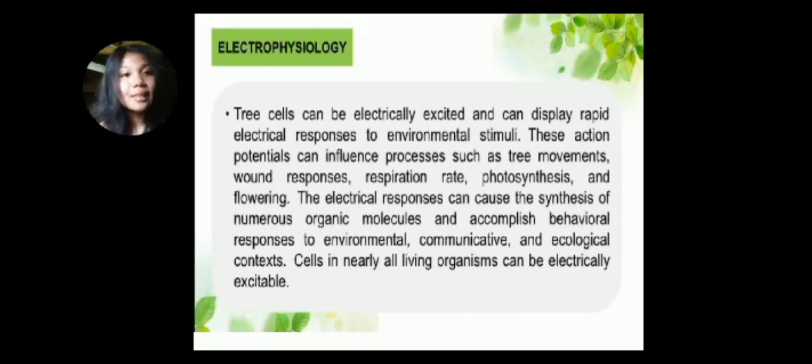Next, electrophysiology. Tree cells can be electrically excited and can display rapid electrical responses to environmental stimuli. This action potential can influence processes such as tree movements, wound responses, respiration rate, photosynthesis, and flowering. The electrical responses can cause the synthesis of numerous organic molecules and accomplish behavioral responses to environmental, communicative, and ecological contexts. Cells in nearly all living organisms can be electrically